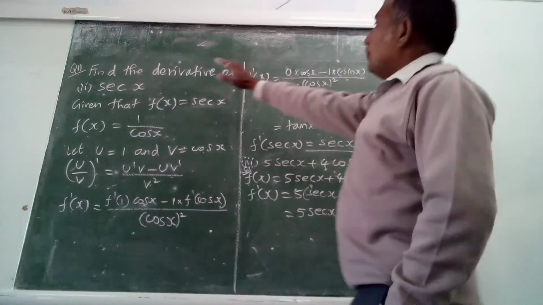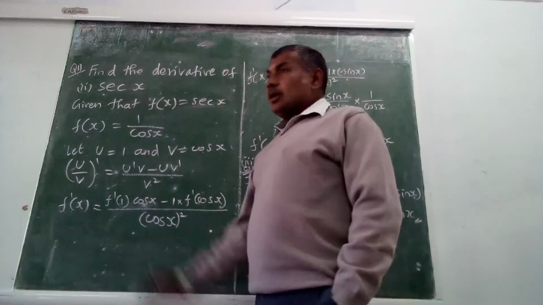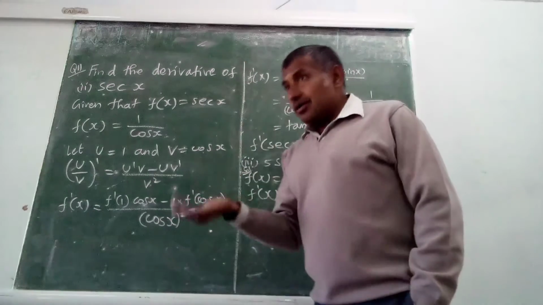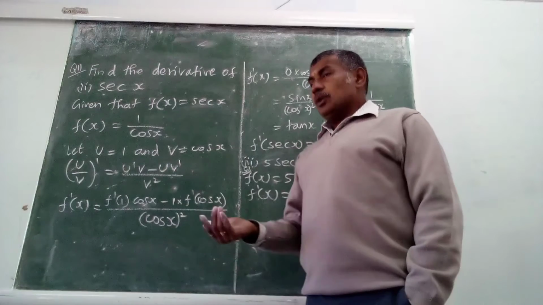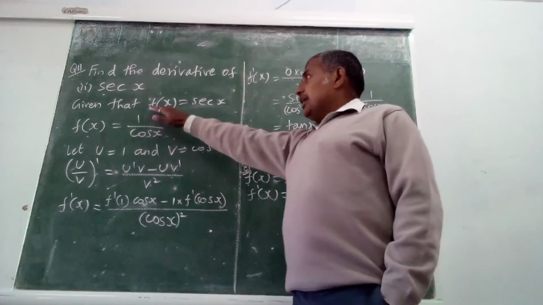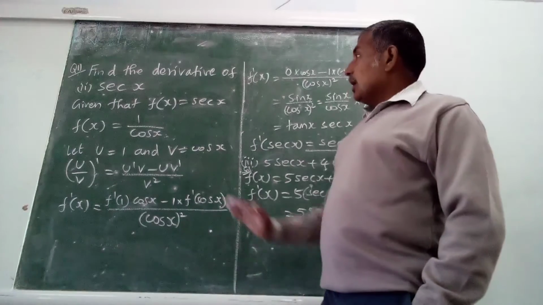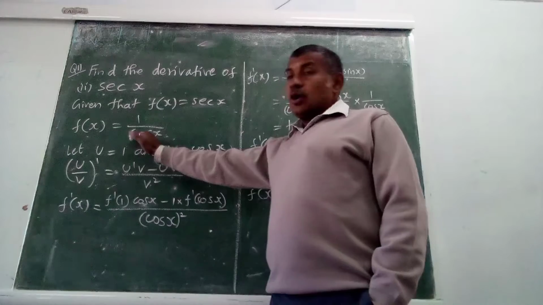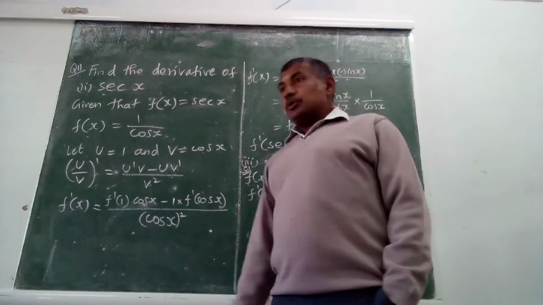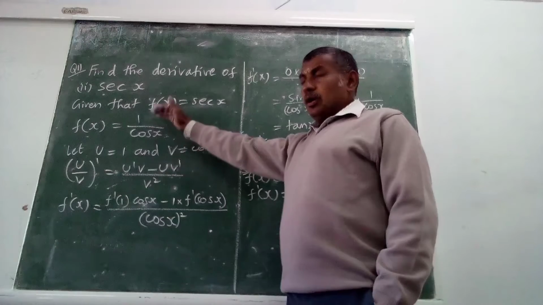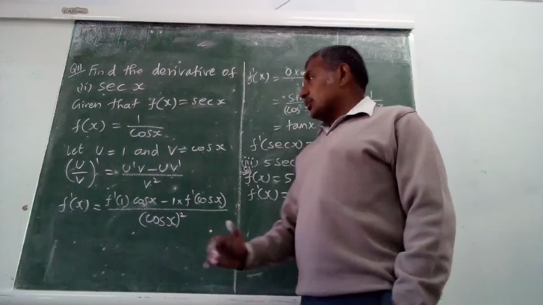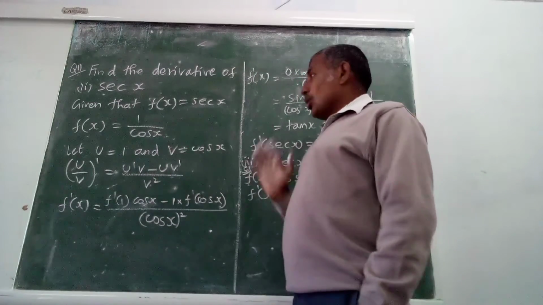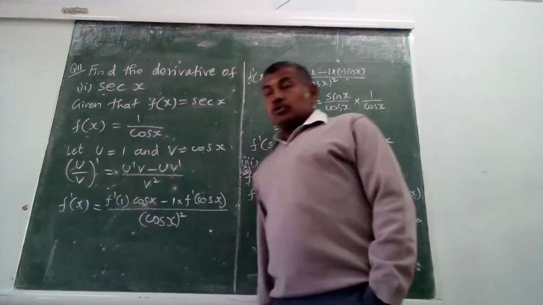Look at the question. Find the derivative of secant x. So directly secant x, how to find the derivative we do not know. So whatever we know, by using that we can study. Known to unknown. So we are considering f of x equal to secant x. Then secant x we can write as 1 by cos x. Differentiation of cos x already we know. 1 by cos is in the form of p by q, that is a rational function. So we can consider numerator as u equal to 1, denominator as v equal to cos x. So for u by v, we can use the quotient rule.